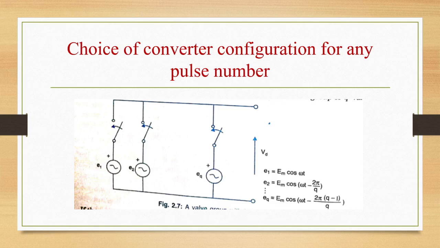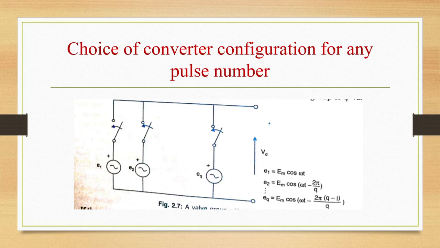There are several configurations for a converter of a specified pulse number. For P equal to 6, we have, in addition to the Graetz bridge, a 6-phase geometrical connection, a cascade of 3 single-phase full-wave converters, a cascade of 2 three-phase converters, a parallel connection with interface transformer, etc. It is convenient to consider a P-pulse converter made up of series and parallel connections of a basic valve group of Q valves or switches, as shown in this figure.